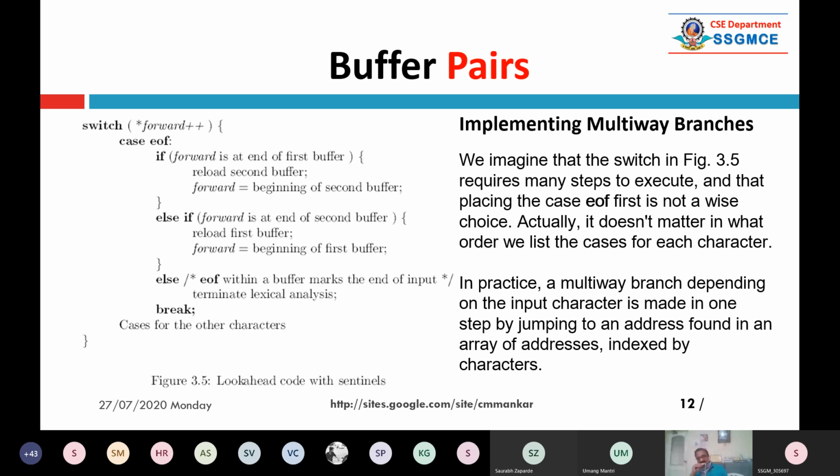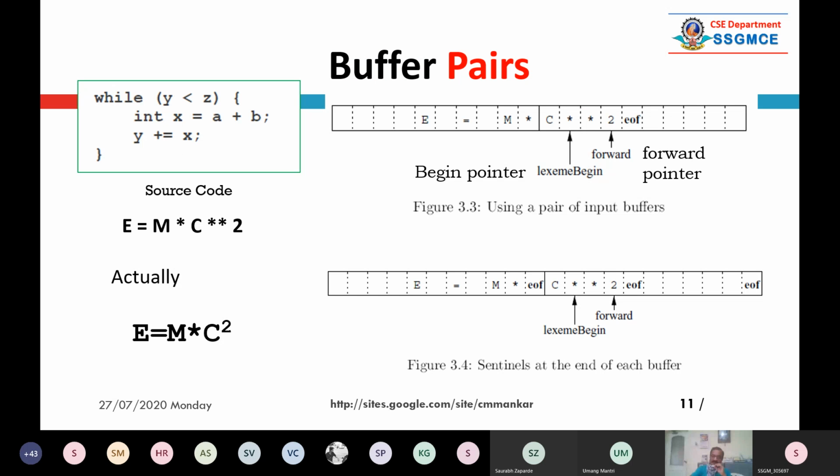I already told you in the explanation how it works. It loads some part of the code into the first buffer. During that, you start processing the first buffer.